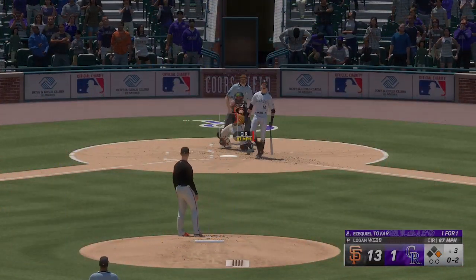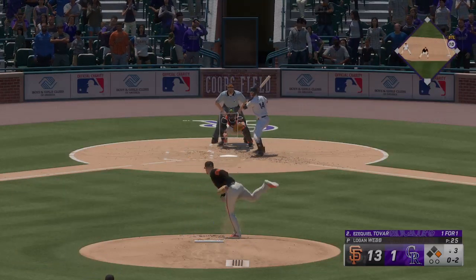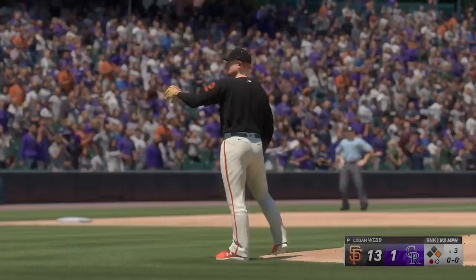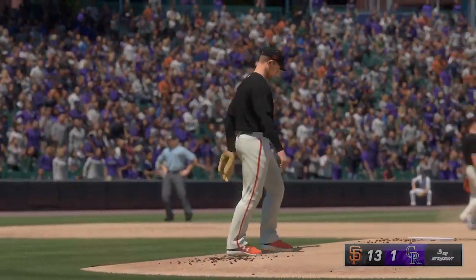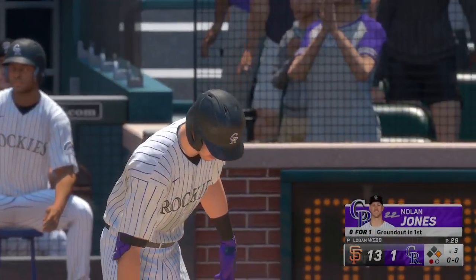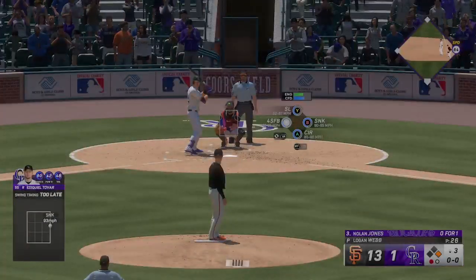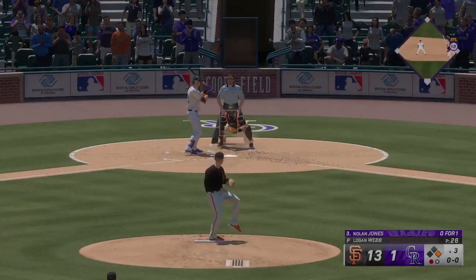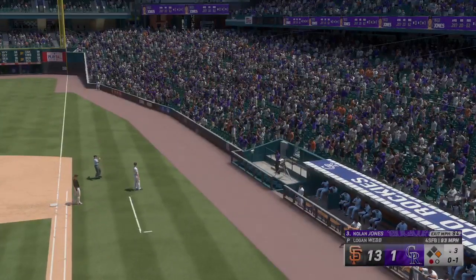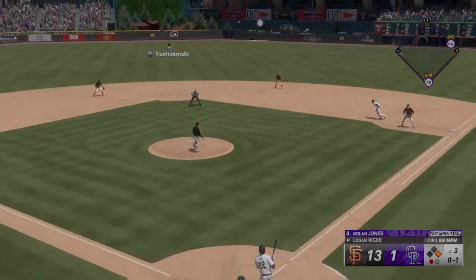Swing and a miss, and that's strike 2. No balls, 2 strikes. Cuts and misses. It's a strikeout. Now here's Nolan Jones. 0 for 1. He grounded out in his first at bat. He's a guy, Chris, whose highlights include some of the best throws from the outfield that you will ever see. Definitely one of the best arms of the sport. Yeah, the infielders and the catcher can never give up on a play because if this guy thinks...